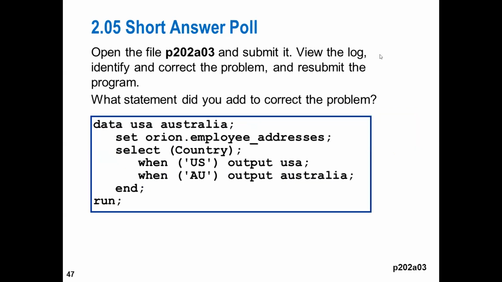All right, now look at this syntax. What is missing in this syntax? Looking at this only, you tell me. Otherwise, correct. So open this activity, submit this code, and check what the problem is. A third data set name also we are not given in the data step. So just open this code, execute it, and check what message you get in the log. It's lesson 2, activity A03.